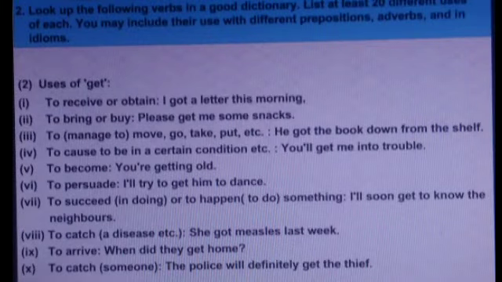Now here is a second example, the verb get. We can see how get is used in different sentences in order to refer to activity or to certain action. Here again there are 10 examples of how the verb get is used in different forms. These 10 examples again you are going to copy in your homework notebook.